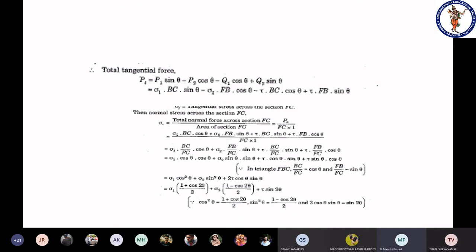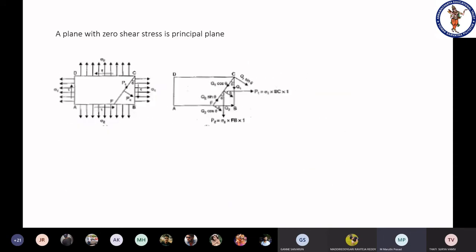Last class, we have started the principal stresses derivation. For that, we have taken what is the principal stress, what is the principal plane, right? And what is the importance of that particular principal plane and principal stress. So in this, simply we have considered a body which is subjected to two mutually perpendicular stresses which are accompanied